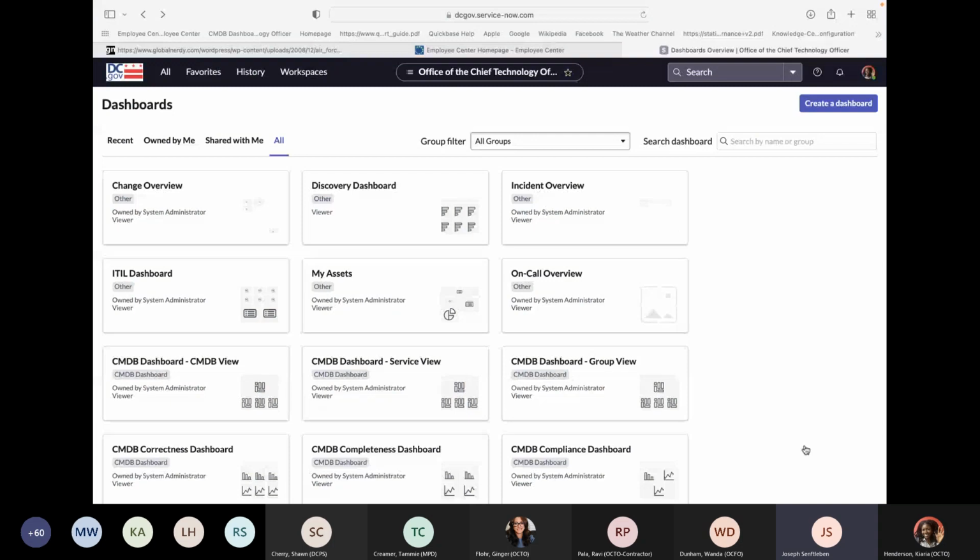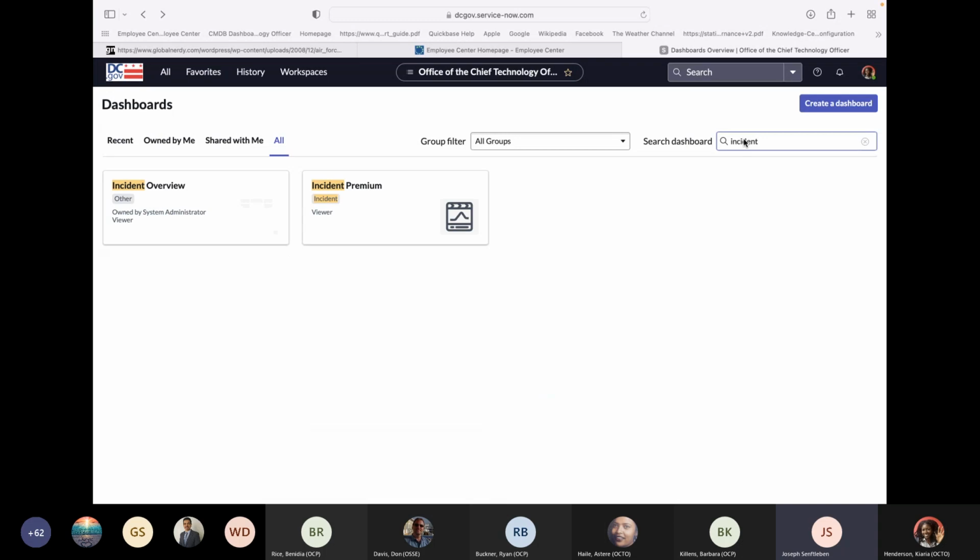All right, so if we go to the search dashboard field and then type in the word incident, for example, what you're going to find is a list of incident dashboards. If you go ahead and clear that, clear the incident search,